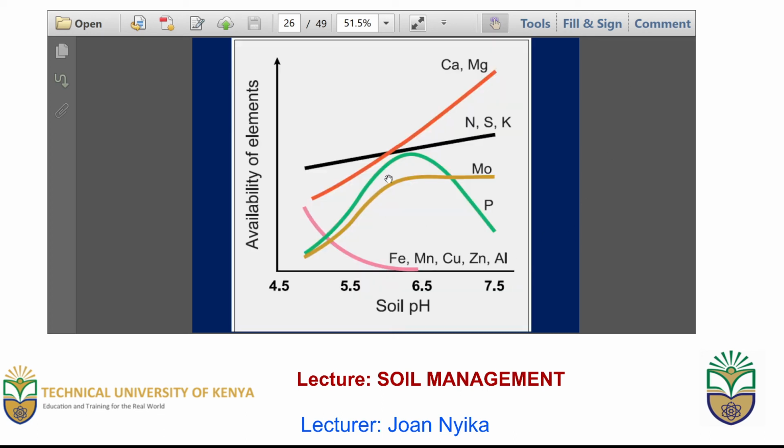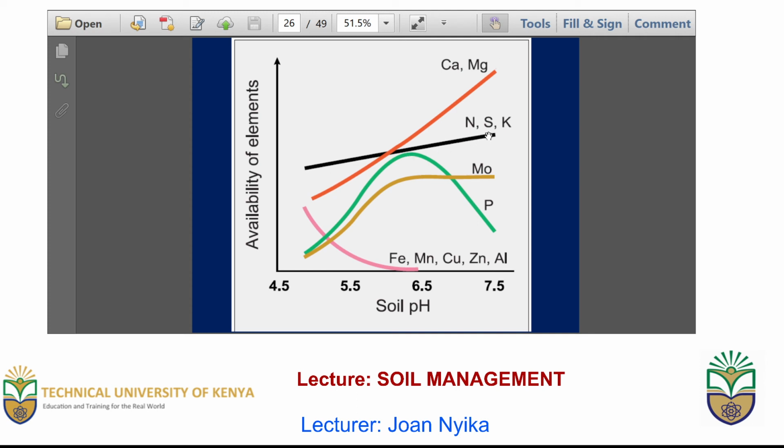Look at this. This is a representation that shows you how the pH, the acidity or the basicity of a soil, can affect the availability of nutrients. When you look at this table, in the case of magnesium and calcium, their availability is in very low amounts at low pH. But once the pH increases, they are in very high amounts. The same case